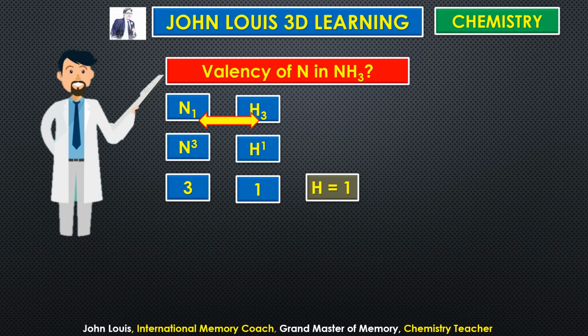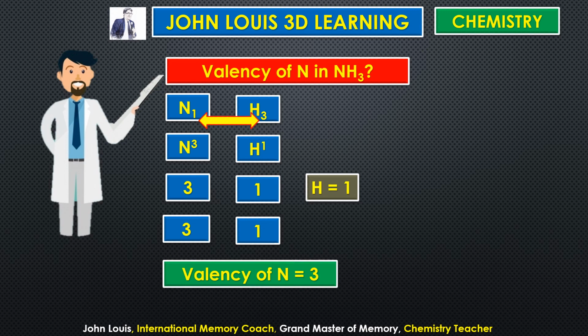Therefore the other element will also have the number present in the compound as its valency. Here the number of hydrogens is 1 and the number of nitrogens is 3. Therefore the valency of nitrogen is 3. Is it clear? Very simple, very easy to understand. Take a lot more examples from your textbook and try to find out the valency of other elements from their chemical formula. It will be very interesting, and this will also go into your long-term memory very soon.